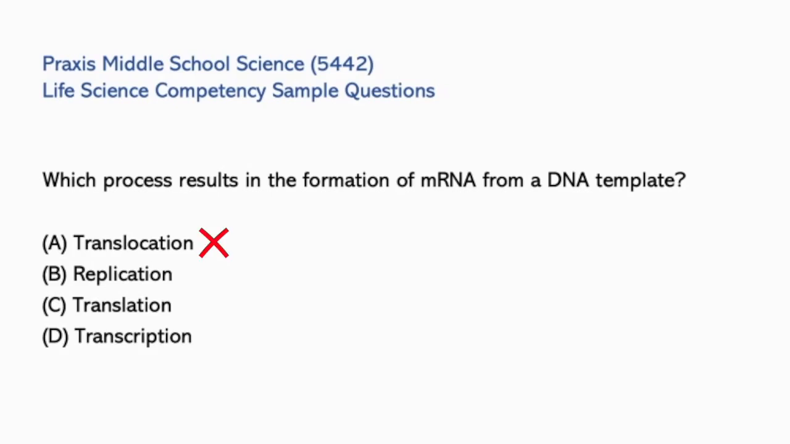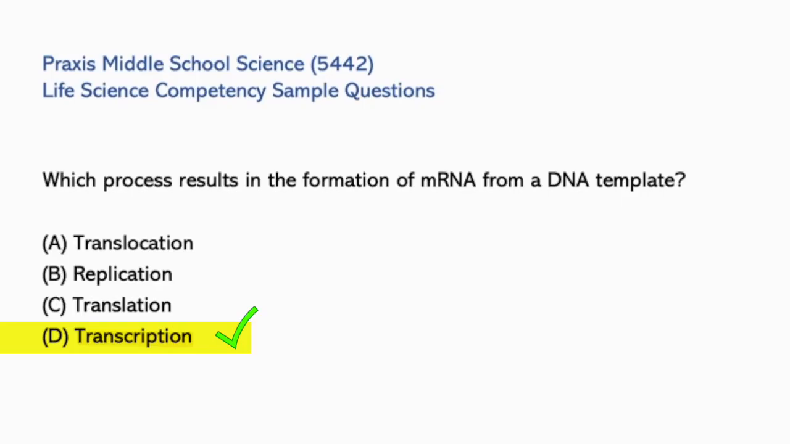A is incorrect because it refers to movement, not making mRNA. B is incorrect because it creates DNA from DNA, not RNA. C is incorrect because it uses mRNA to make a protein, not mRNA itself. The correct answer is D. Transcription is the process of synthesizing mRNA from a DNA template. It is the first step in gene expression where a particular segment of DNA is copied into RNA by the